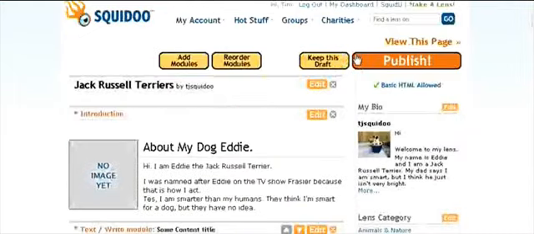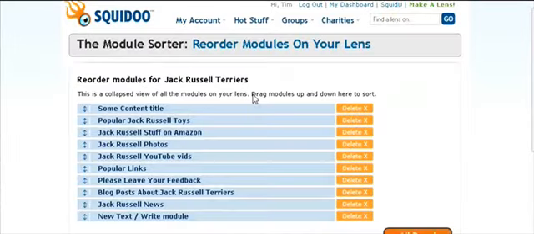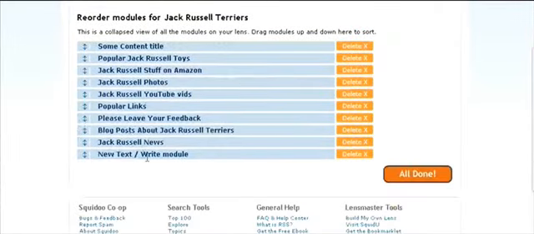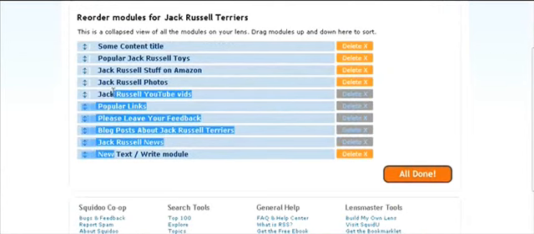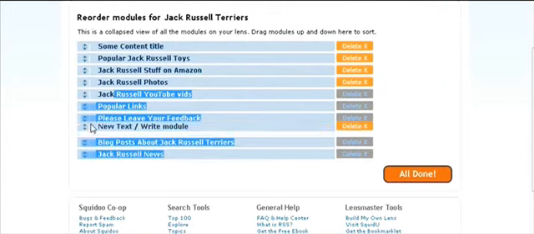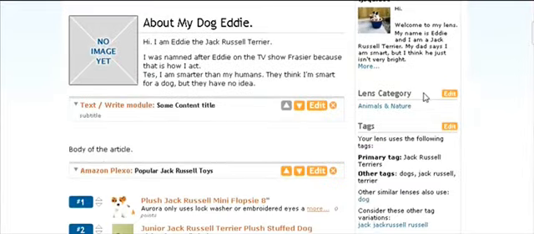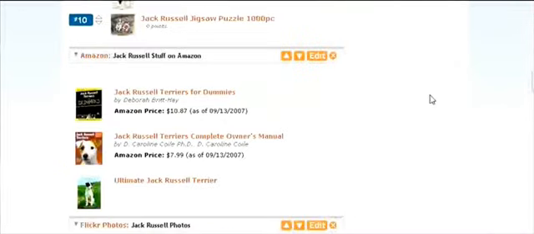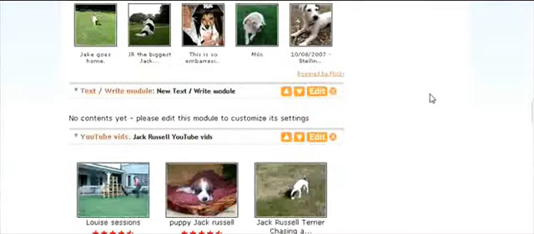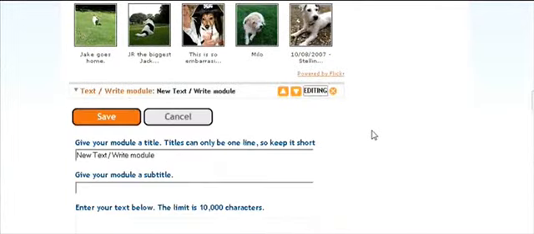So let's just go back. And click on Reorder Modules. And let's move this one between, so let's put it there. Now we can go back, and between the photos and the videos, here's our right module, so we can go in